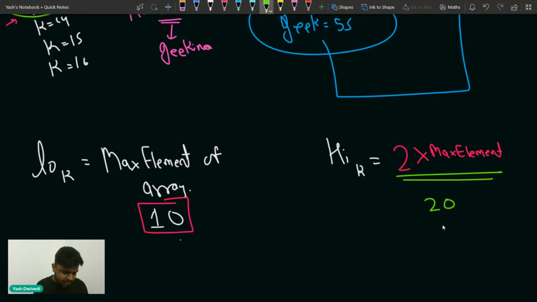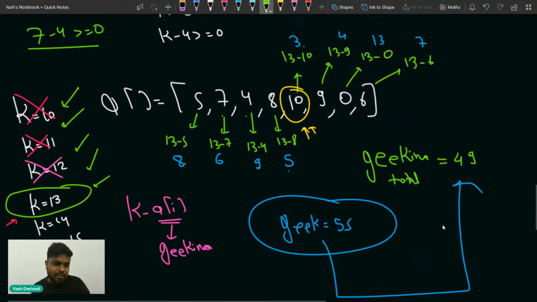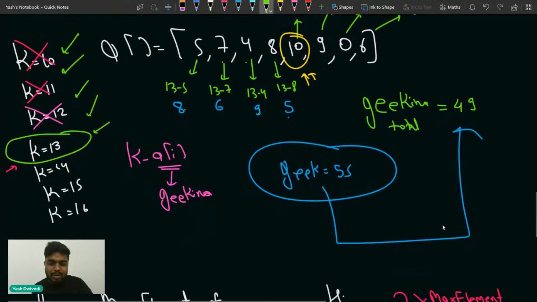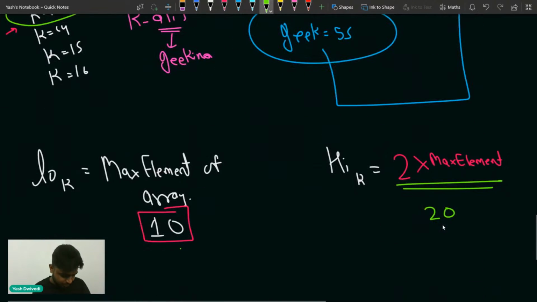Are you getting my point, guys? You can choose the upper limit as anything, 2 times the maximum element or 3 times the maximum element. It doesn't really matter here. If you look at this test case, 13, 14, 15, everything is satisfying. So you can understand from this test case itself that if you choose 2 times the maximum element, it will obviously satisfy. If you subtract throughout the array, you'll get a very big sum, which will obviously be greater than the sum of the array. So choosing 2 times the maximum is the highest you can choose. Make sense, guys? You can choose anything, but this is comfortable, I guess.